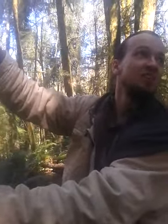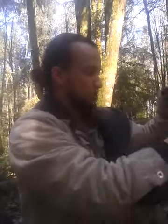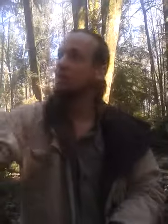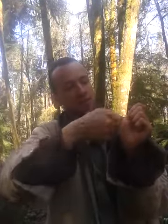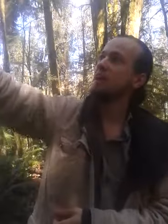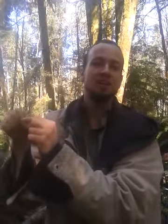So you could cut down alders at home and put them in the shade, and you could plug them in, like drill holes and plug them with spores, or even little tissue samples. What you could also do is pull the mushroom off, tear it open, and cut a little piece off the inside, and you could propagate that. And if you find these mushrooms and they're unusually big, it's better to propagate them from a cutting, a tissue